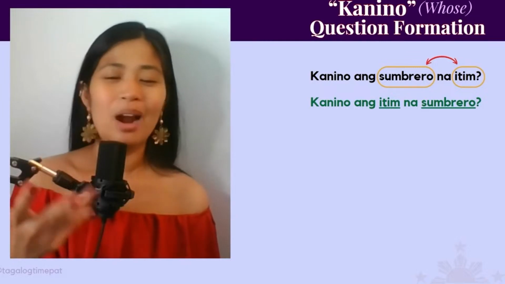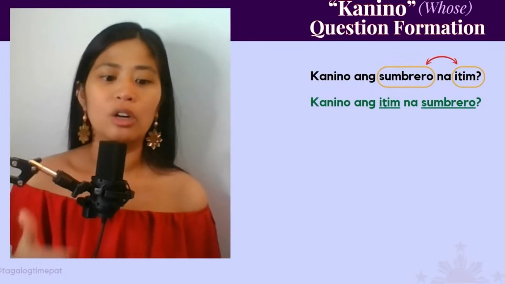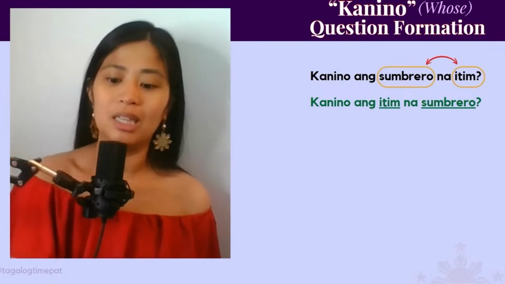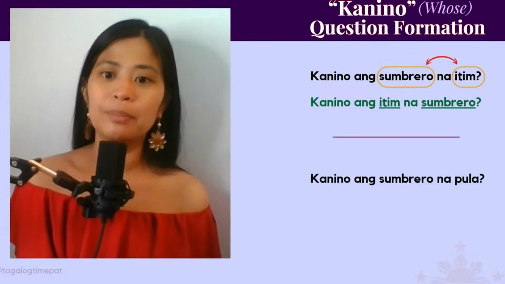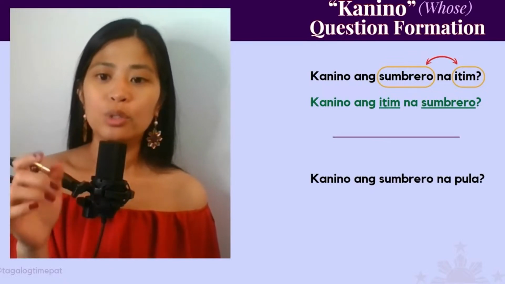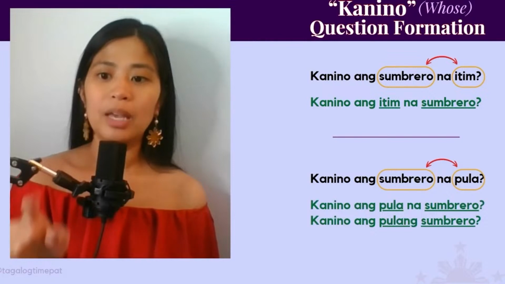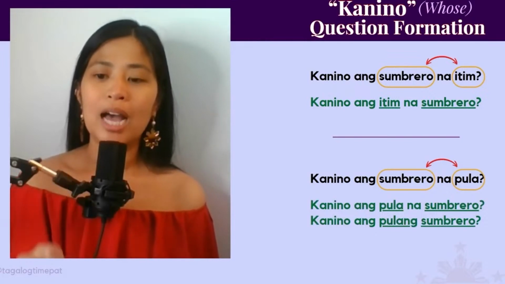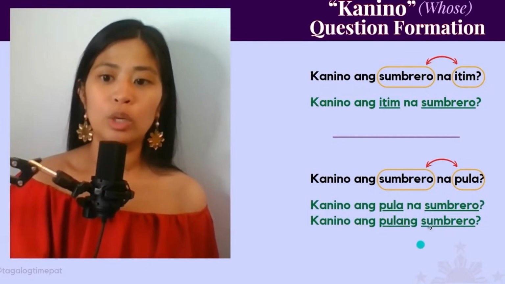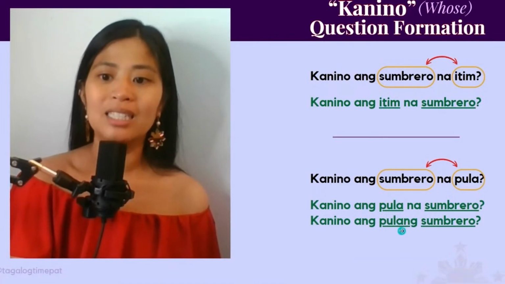And why does that happen? It probably just goes back to baybayin or to the evolution of Tagalog in general. So the adjective and the Tagalog vocabulary word can be interchangeable and they mean the same thing. Another example, kanino ang sombrero na pula? Pula means red. So whose red hat is this? You can switch it up and it could be kanino ang pula na sombrero. So we just switched it. But I want to show you that when you switch it, you can make a contraction, meaning you can put pula and na together.